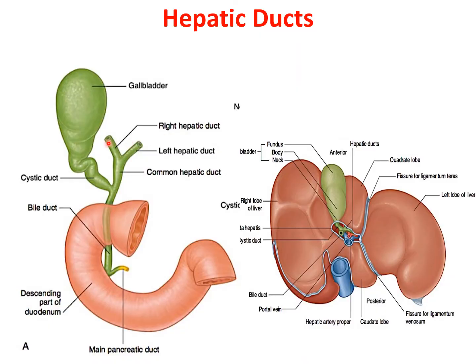First of all, coming to the hepatic ducts. So there are two hepatic ducts, right hepatic duct and left hepatic duct, which emerge at the porta hepatis from the right and left lobes of the liver. You are already familiar with the arrangement of structures at the porta hepatis. These are, from behind forward, the branches of the portal vein, the hepatic artery and the hepatic duct.